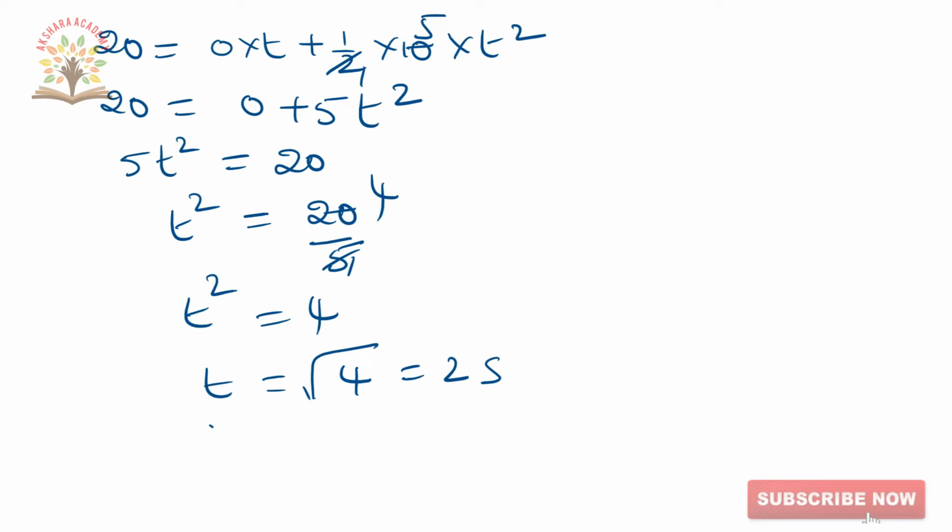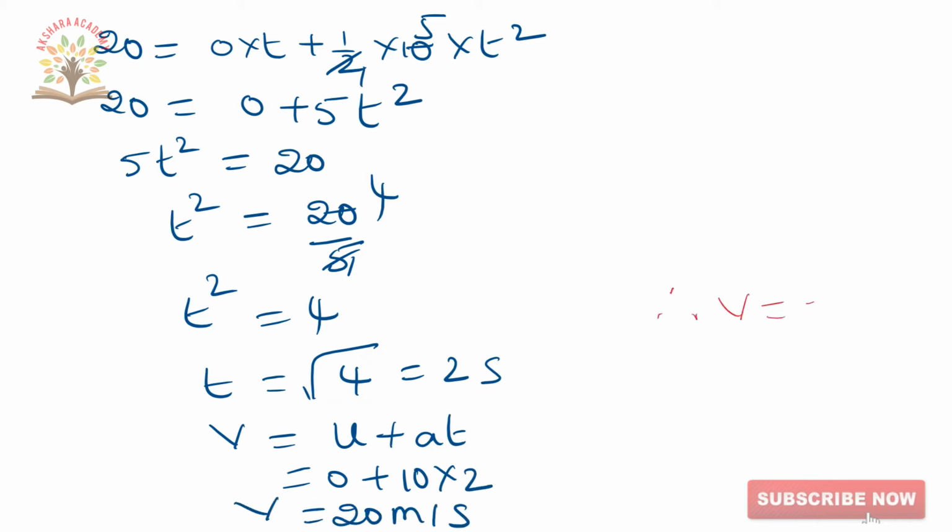And next, we are calculating velocity. V is equal to, you know that, u plus at. So substituting values, u value 0 and a value 10 and t 2 seconds. 10 twos are 20. So v is equal to 20 meters per second. Therefore v is equal to 20 meters per second. Let us go to the next question. V is equal to 20 meters per second. This is the final answer. Now we are going to the next question.